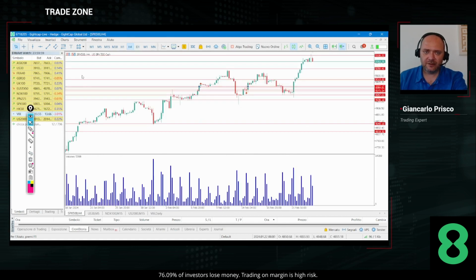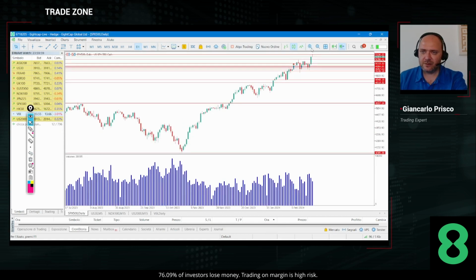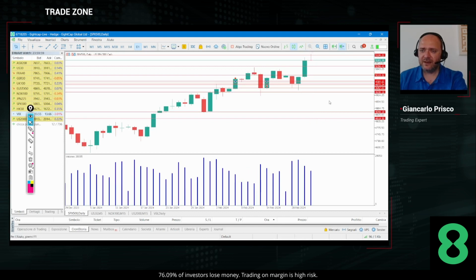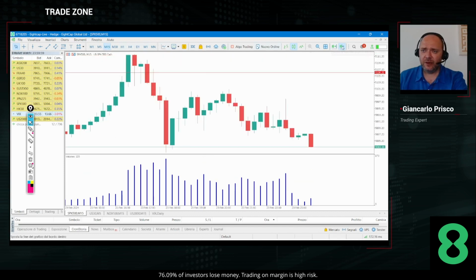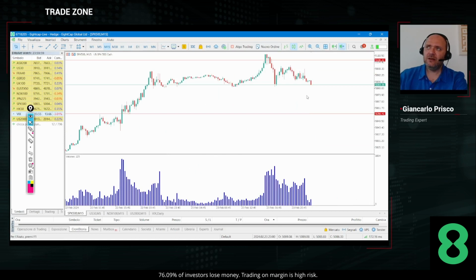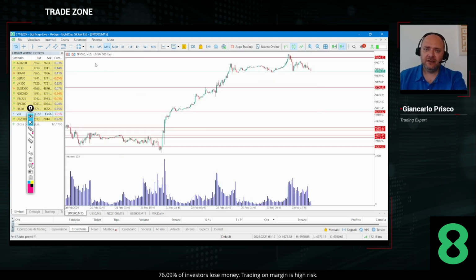In this sense, Standard & Poor's still continues to maintain a new super bullish trend. We have reached new historical highs. Our target 5,100 level was done, and now we have to see if the market could be able to do some strong retracement. That is possible because this is an intermediate level. Even the 5,200 level is very possible, in my opinion, in the next weeks. Probably the first part of the week will be quite bearish until the PCE core data on Thursday. So probably we can have some short opportunity, not a big reversal, but at least some retracement.